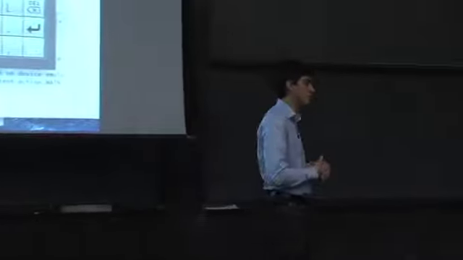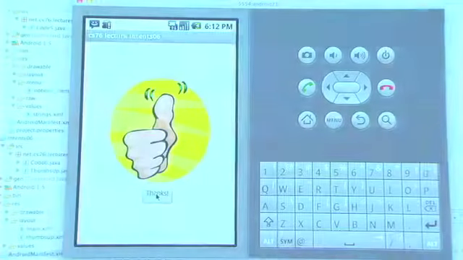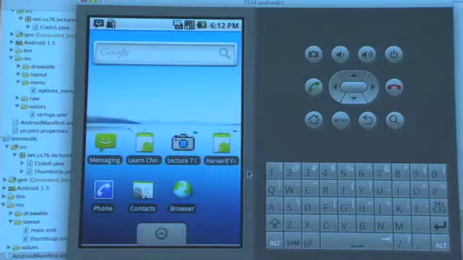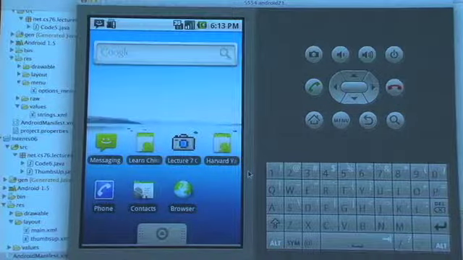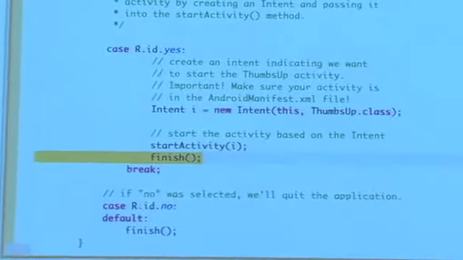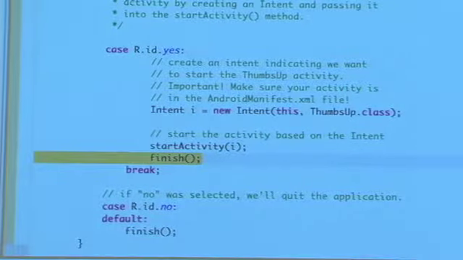The whole application hasn't actually quit. We haven't told the application that we want to quit. What's happened is that that activity has been closed, but we don't see that until we hit thanks, until we close that second activity. So finish quits the current activity, as you can see here,